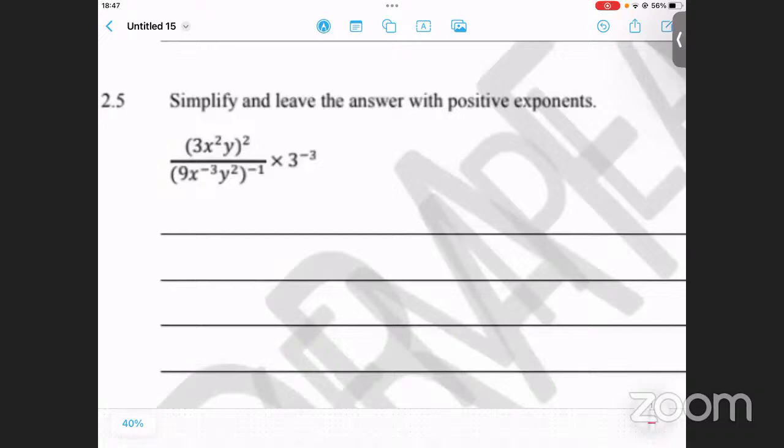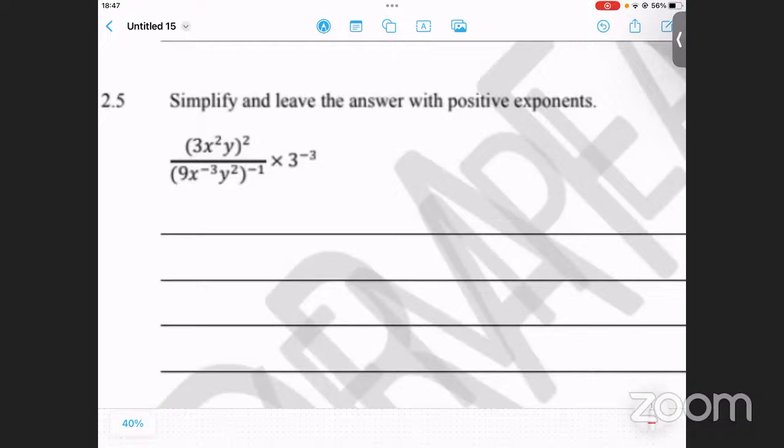Do you guys remember that we did this one? Or you don't remember? Ma'am, can you please re-explain it? Okay. For this one, if you're having a squared like that, you need to make sure that you're simplifying. You have to make sure that you have